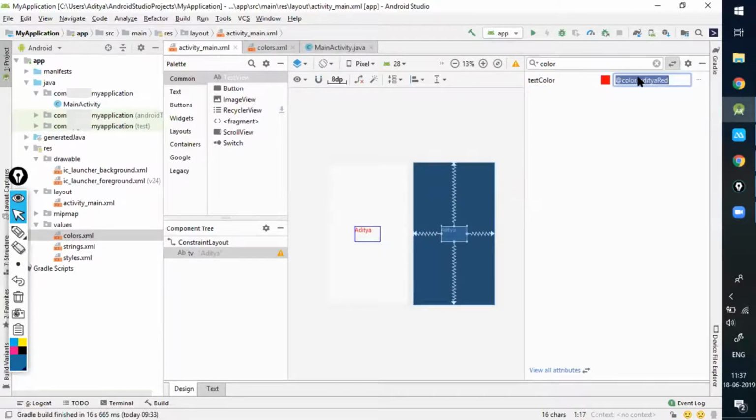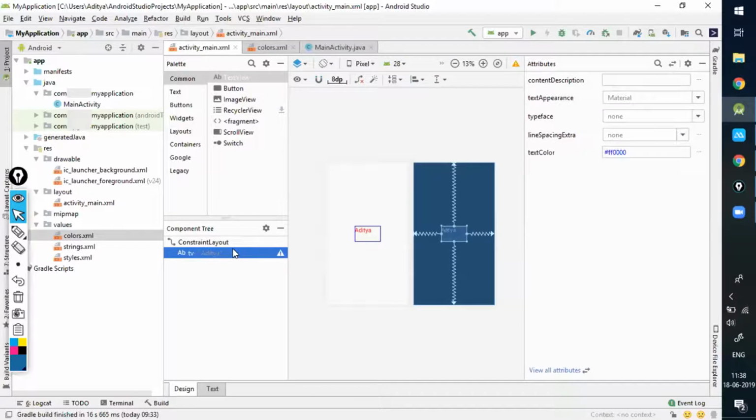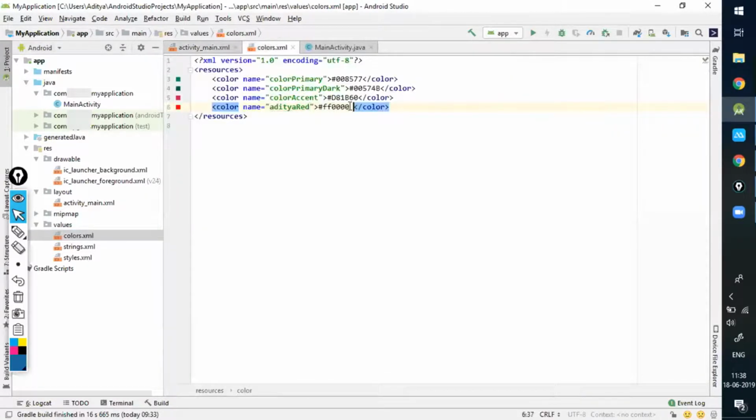Great. Similarly, what Android has done, you know what? You can directly paste the hex value over here also. It would work. That won't be a problem. It is working. See, it is already working. In your application, you decided that all the text color should be blue. So you made an entry over here, you said color blue, and you actually entered the hex value of blue color.